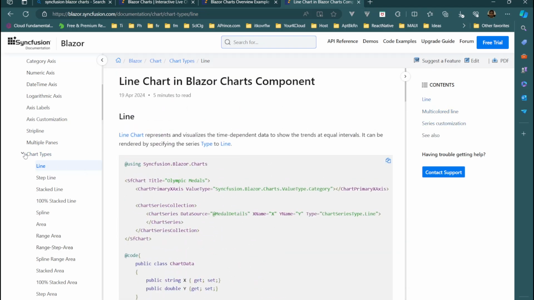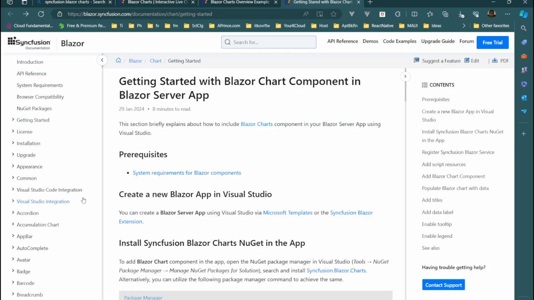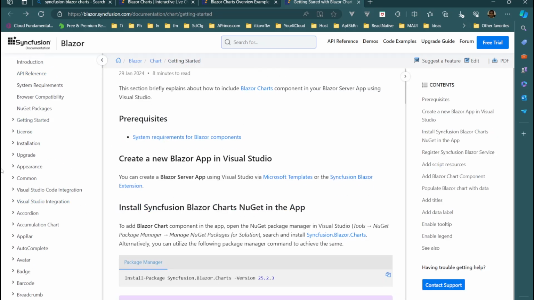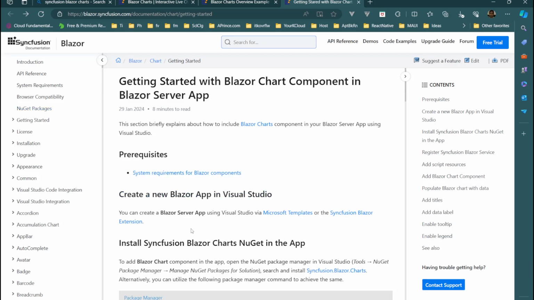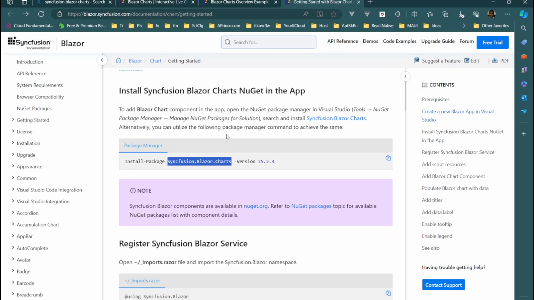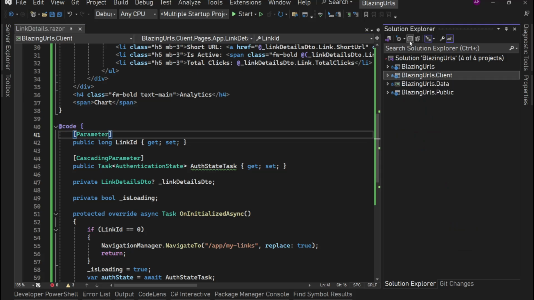Okay, so let's go to this getting started. And here we have this syncfusion.blazor.charts, this package which we need to install. Okay, NuGet package. Let's copy this syncfusion.blazor.charts. Let's go to our project, and here we need to install this in both of our